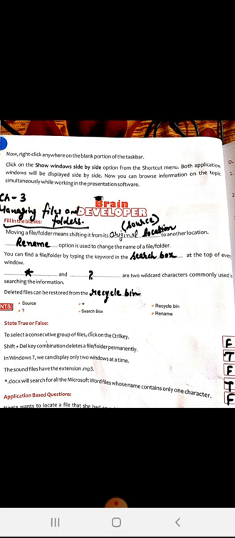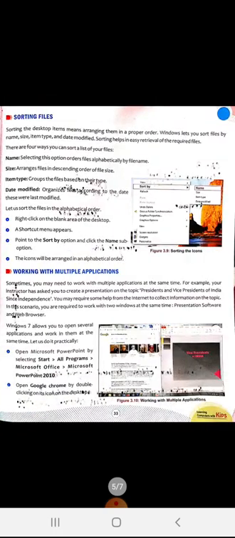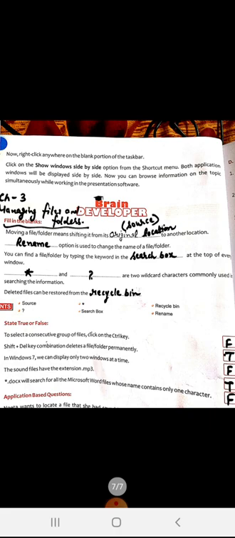Now you can browse information on the topic given to you, and side by side work in the presentation software also. So dear students, in this way you can search the files in different ways, or you can sort the files. You can work with multiple applications, and I will tell you practically how to do it in the